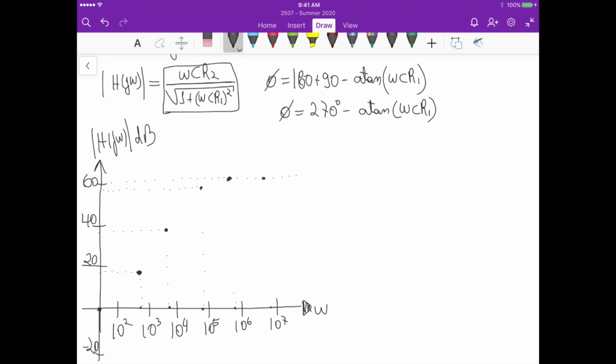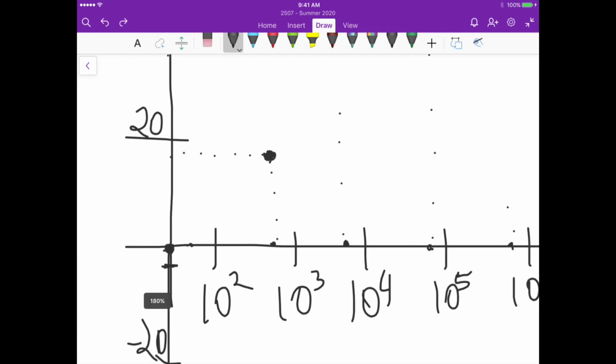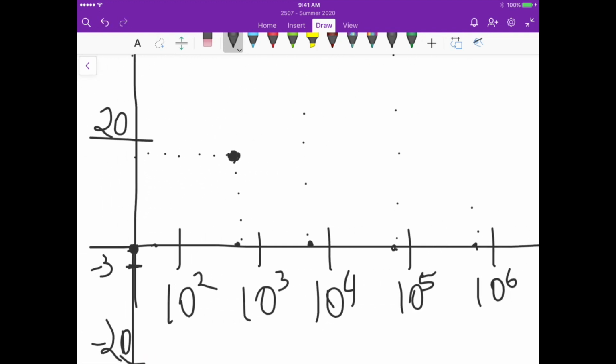And then 1 decade earlier here we decrease another 20 dB minus 3 dB, so let me just zoom in here, this is minus 3 dB, so we are around here. Okay,